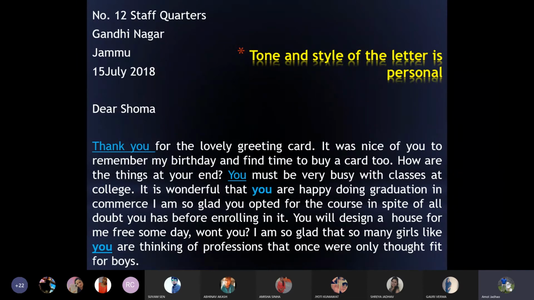Okay, so there are many ways, as I said, to write the date. According to the current practice, there is no comma between the year and the rest of the date. Can you see that? So as in 6th March 2006, 15 July 2018, there is no comma.